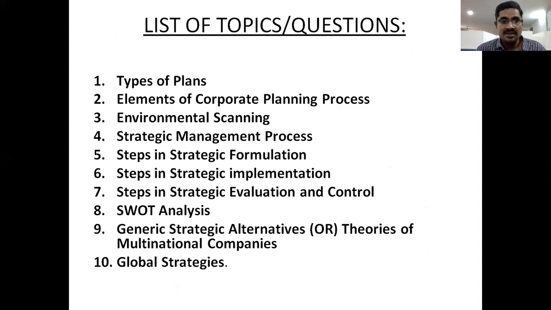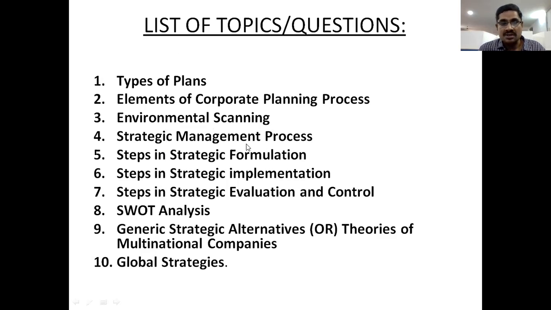Types of plans, elements of corporate planning process. Corporate means MNC companies, right? Already we know the word corporate firms. Corporate means multinational companies, MNCs. So for MNCs, a planning process is there. For development of MNCs or corporate firms, we need to have some proper planning. So that planning process is here. That is the point of a corporate planning process. Next, environmental scanning. Next,